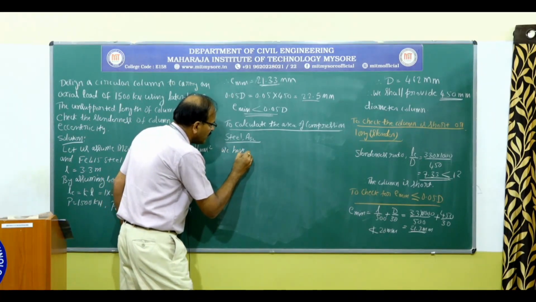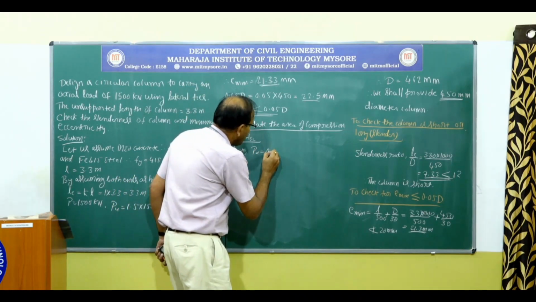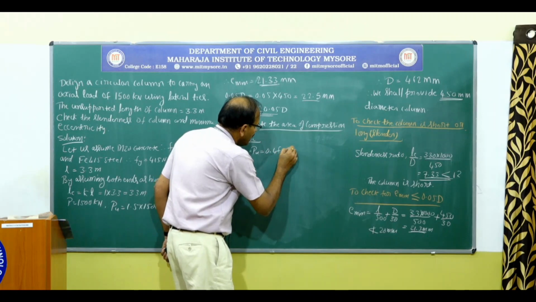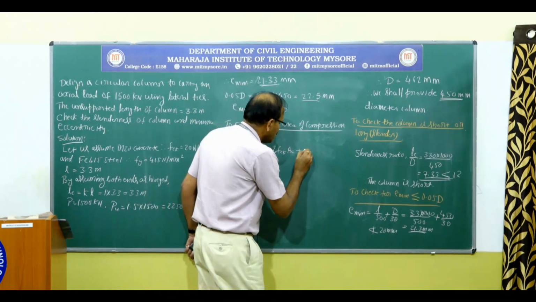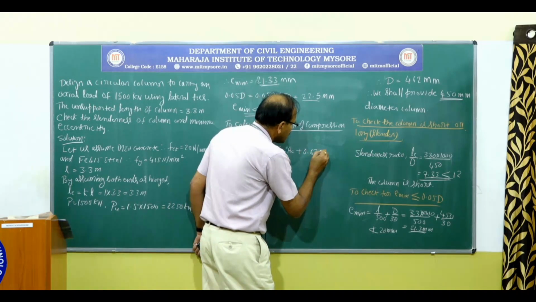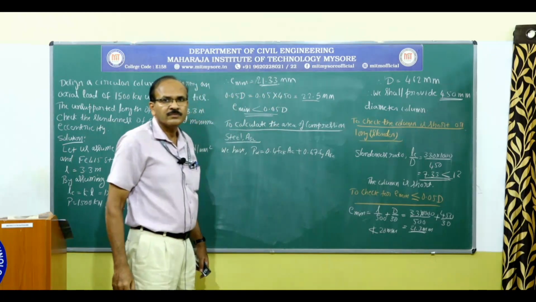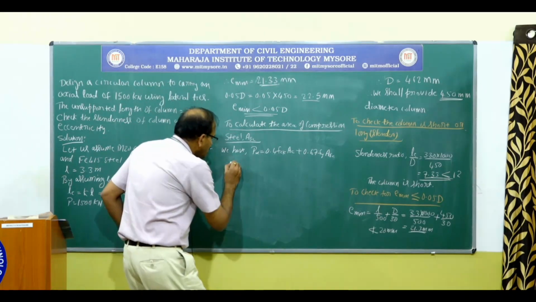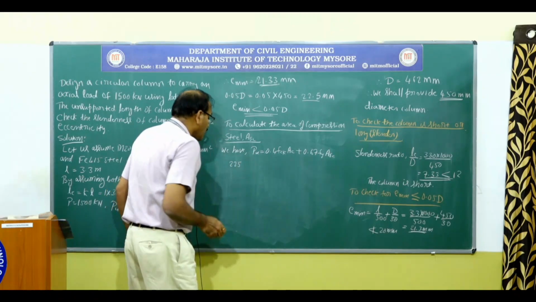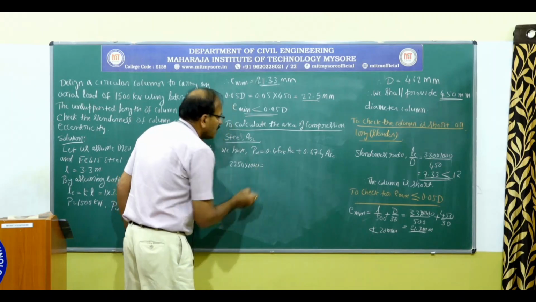We have PU equal to 0.4 FCK AC, that is the area of concrete, plus 0.67 FY ASC. Okay. So PU is 2250 multiplied by 1000 equal to